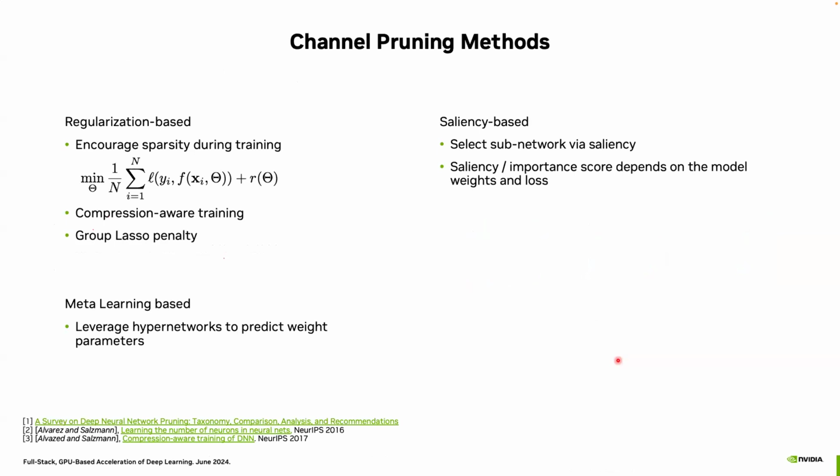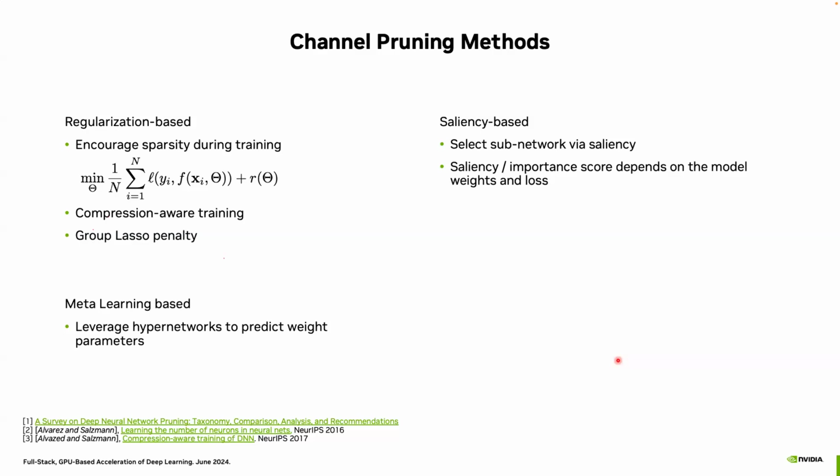So one of them would be regularization-based method, where you add a regularization onto the training process to constrain the parameters that are less important to close to 0. So during the training, you push the less relevant parameters to 0, then at the end of the training, you can directly remove them without causing too much loss